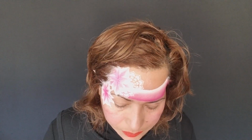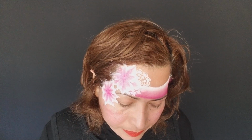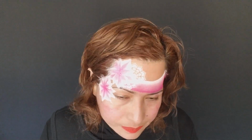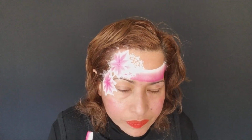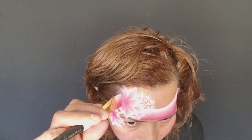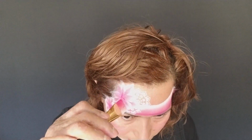See? Going back here to the last one. While I'm doing this one, give this one a chance to dry. So, let me remove my hair. And again, let me go back here and do this one to show more. This one,